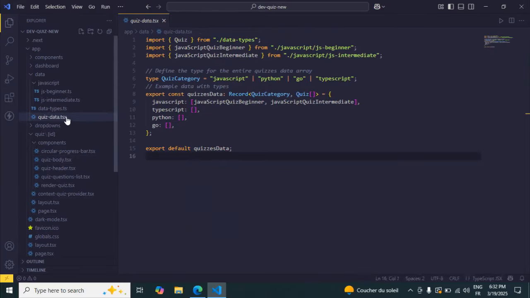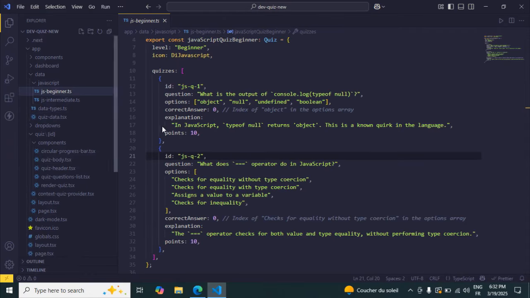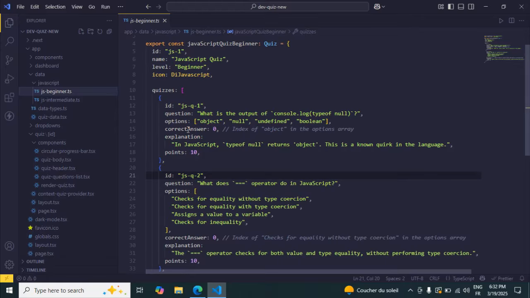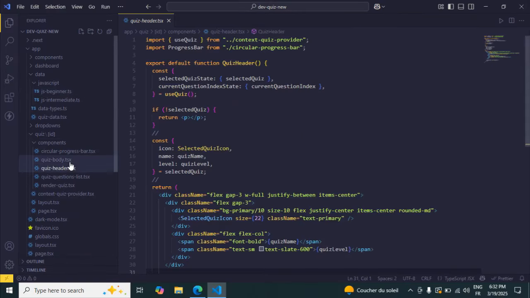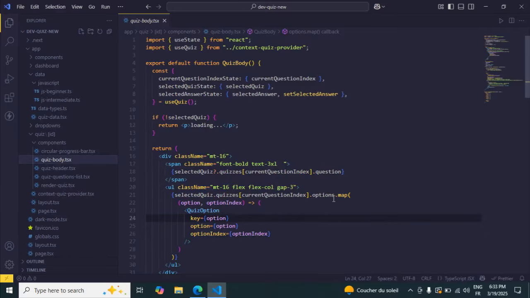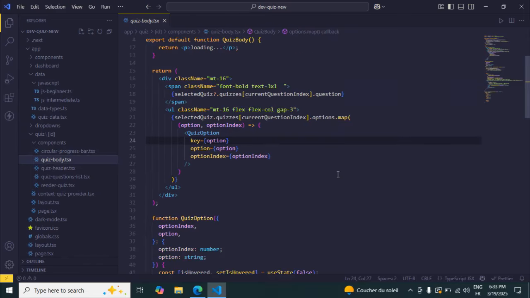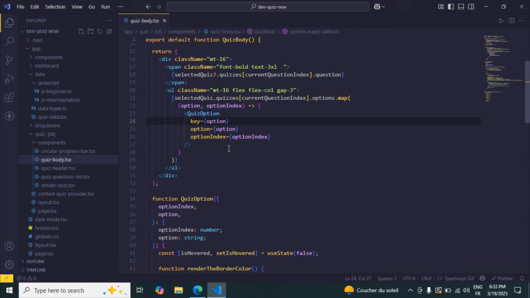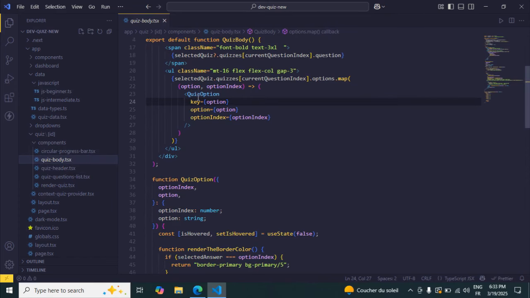If we go back to the quiz data.tsx file, inside the quizzes property we have the options array. So this is what we are going to access by doing this. That's why we're using the map function. And then we're going to iterate through each option, and we're going to call the quiz option component